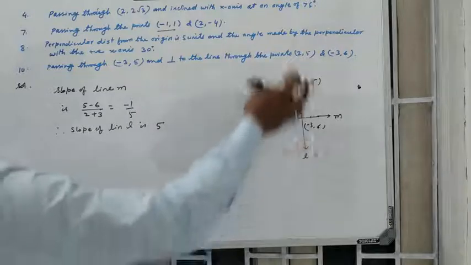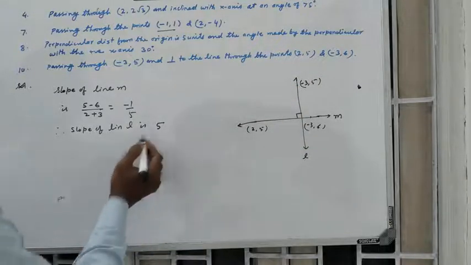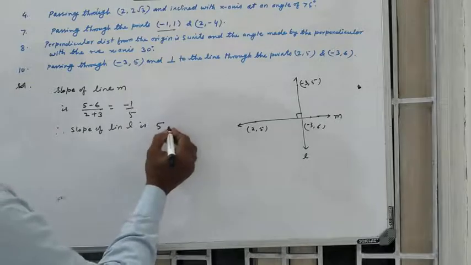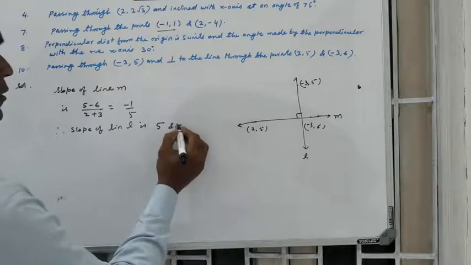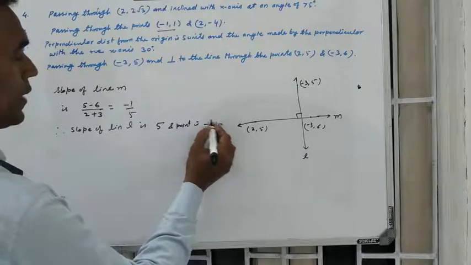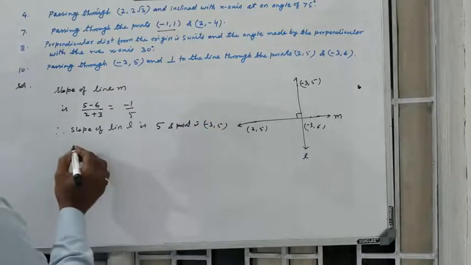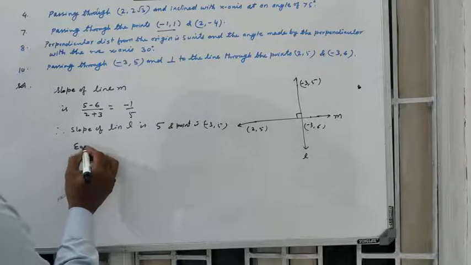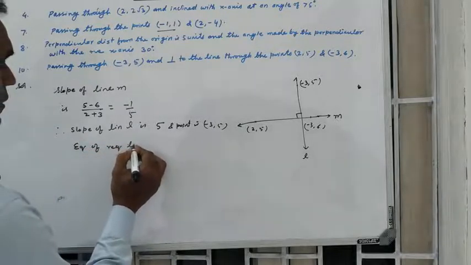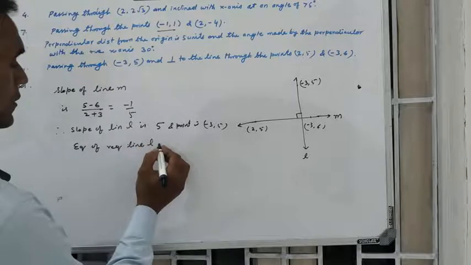So the slope of L is 5 and 1 point is given. So the point is (-3, 5). Now the equation of the required line L is